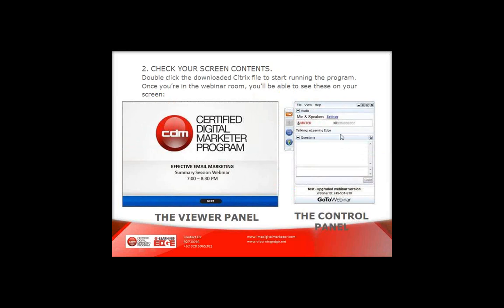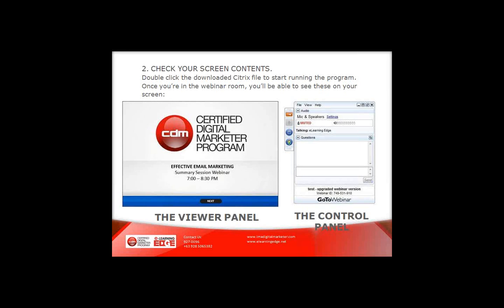Hi everyone. So yesterday we had our tech test. This is for those who were not able to have a tech test with us yesterday. So I'll be showing you a brief walkthrough of the GoToWebinar tool. To start, this is your viewer and your control panel. As you can see, at the left panel is a presentation of our speaker, and at the right is our control panel, which you can use to interact with us, your organizers, and the